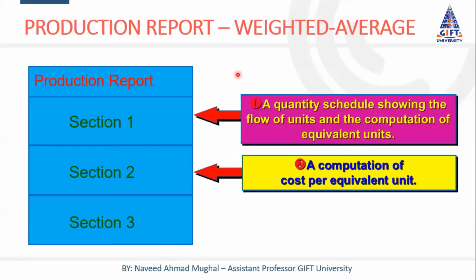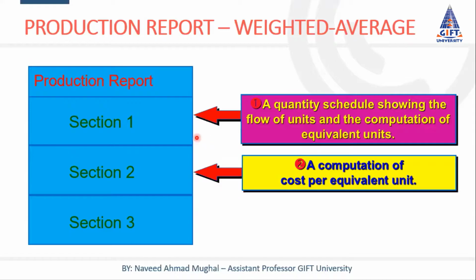In process costing, cost is shown on the cost of production report, and by using it we calculate per unit cost. For job order costing, we use job cost sheet for the accumulation and calculation of unit cost. In process costing, we use cost of production report for accumulating and calculating per unit cost. For the comparison of job order costing and process costing, you can consult my videos on job order costing, process costing and costing systems.